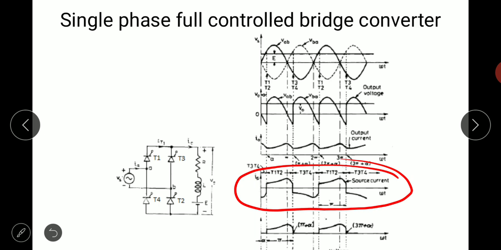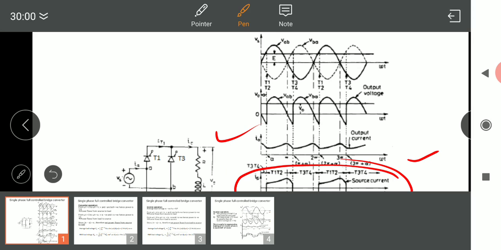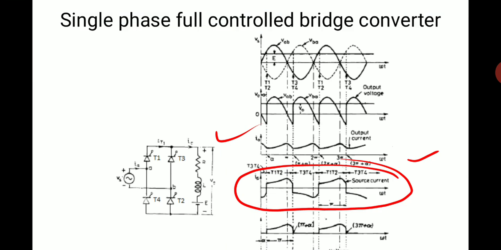Here you can observe that since the waveform is more towards the sinusoidal nature as compared to this anode current, therefore the source current will have lesser amount of harmonics as compared to the load current. Here source current has harmonics, no doubt, but it is lesser as compared to the harmonic contents in load side. Okay, now continuing with